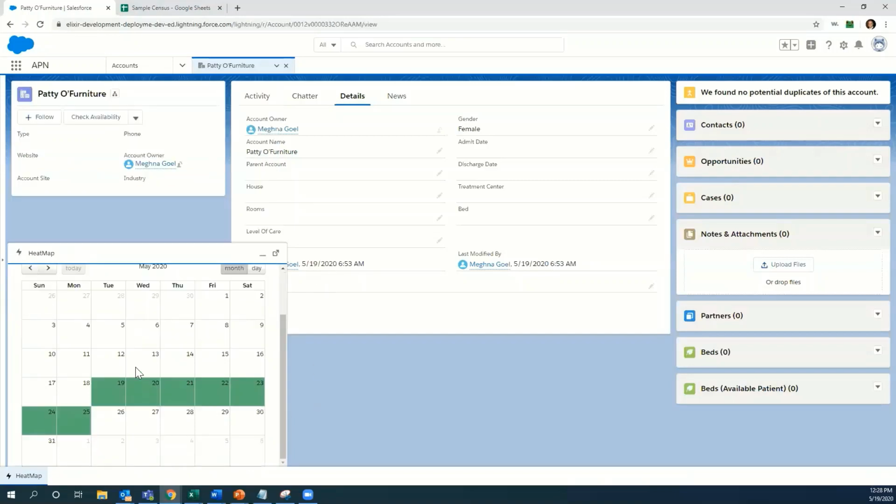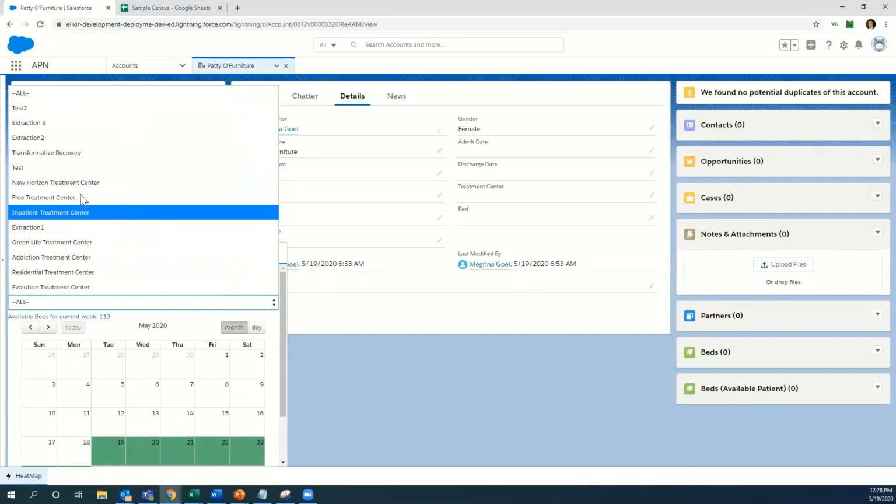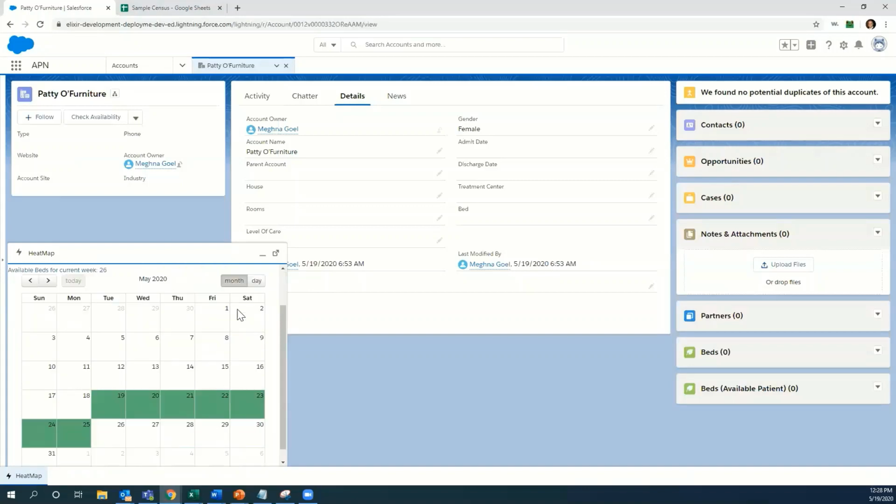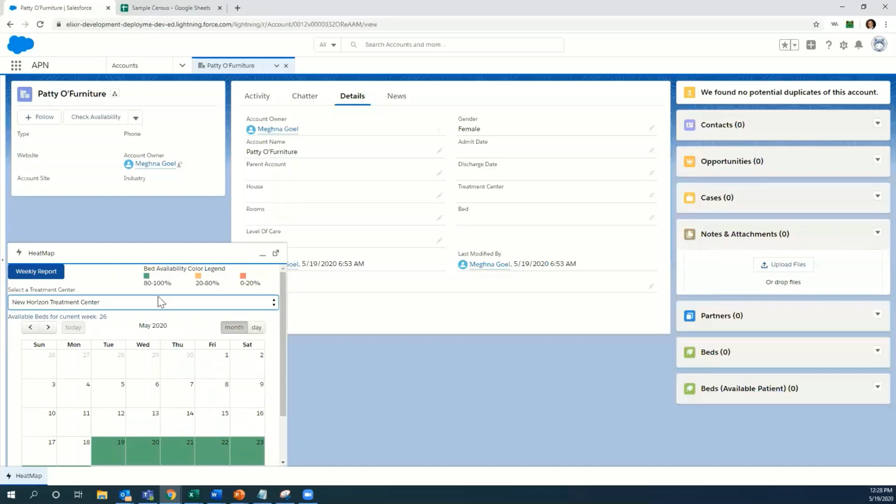If I select one of the treatment centers, I could see that this treatment center, New Horizon, has 26 available beds currently. I could even see as part of this heat map that I have about 80 to 100% availability at this treatment center. If I want to drill down even further and see a weekly report, I could open this up,